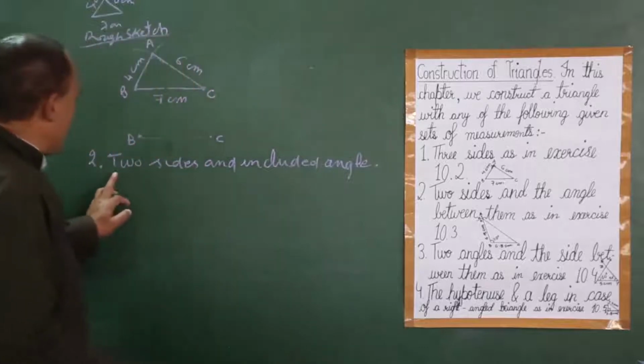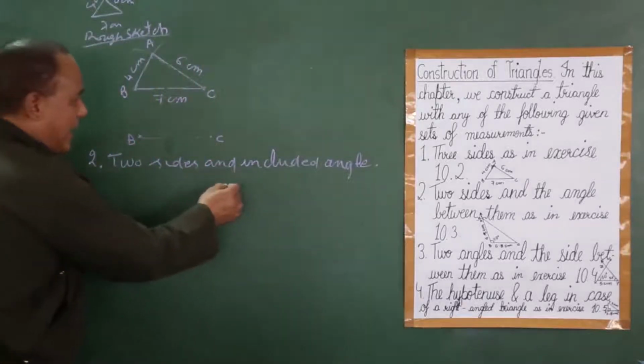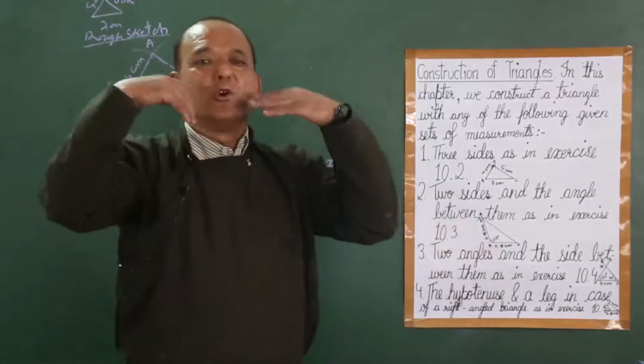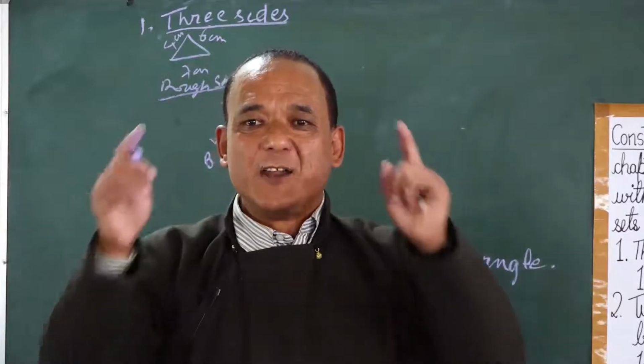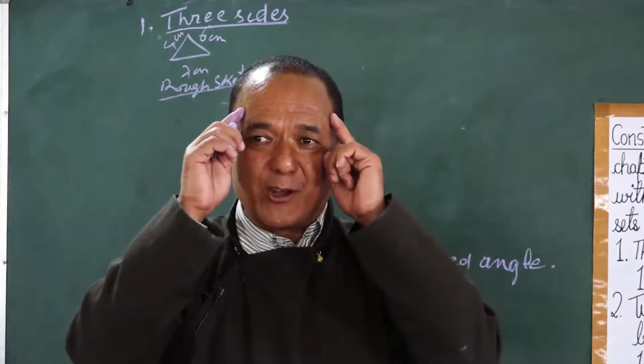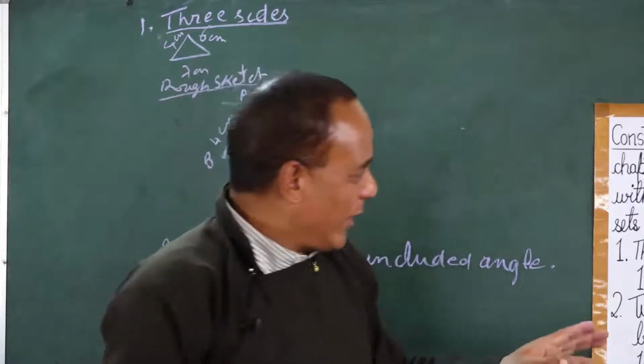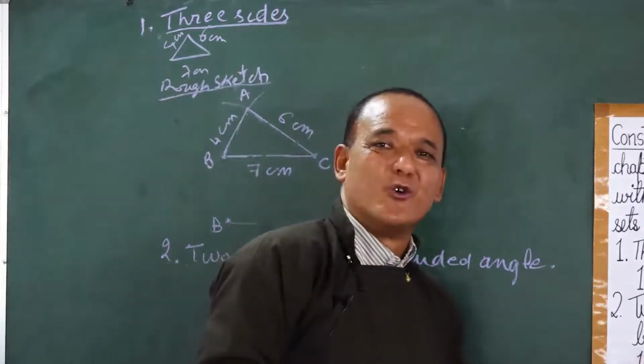So here what happens now? There are two sides. For example, I will only explain what is on the chart, because if I give you too many examples, then you will not be able to take it, and then you have more confusion. So it is better to just stick to the chart.